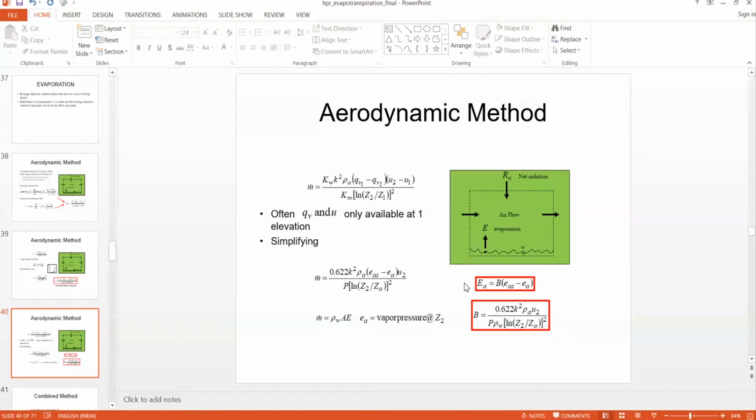So you see this equation, m dot is equal to this big equation, okay? This equation needs measurements of specific humidity as well as velocity at two locations along one vertical. But this can be simplified so that we have measurements at only one location, because near the water surface u1 will be 0. So at z equal to z naught, u1 is 0, and q1 is nothing but saturated